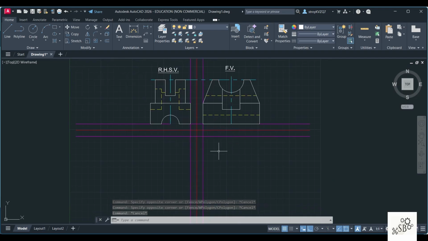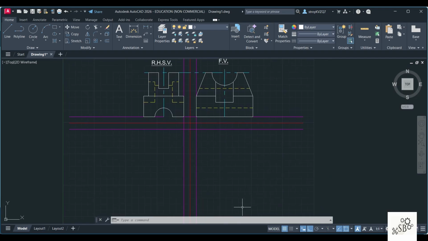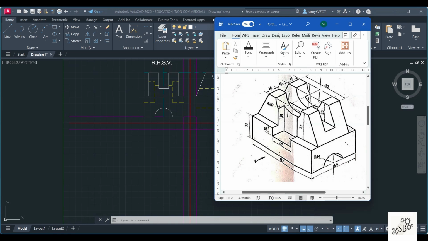Once this is done, now what is remaining is only the top view. For that, we will just observe. When you see from the top, you are able to see this edge and this edge. Now there is a gap here, but from the top, this will look like a straight line. So you will have to draw a straight line of 90 and this is a straight height of 64. Inside that, there is another edge over here which will be seen, and then you have this edge over here. Apart from that, you will be able to see this edge which is inside.